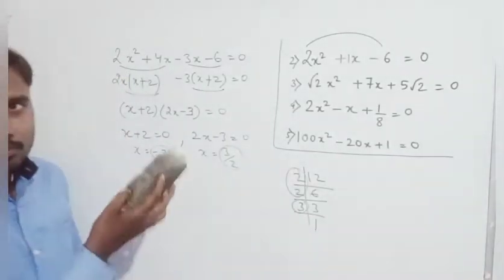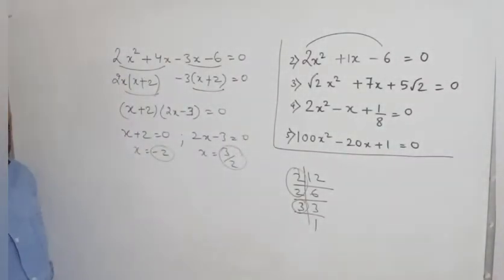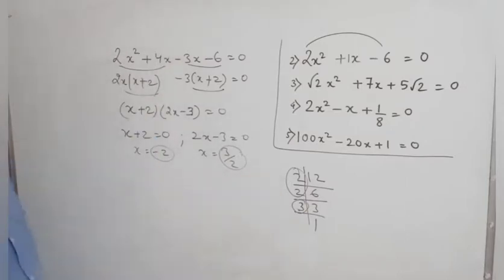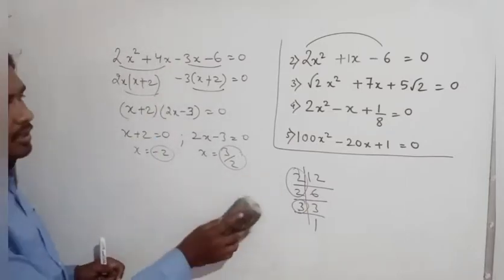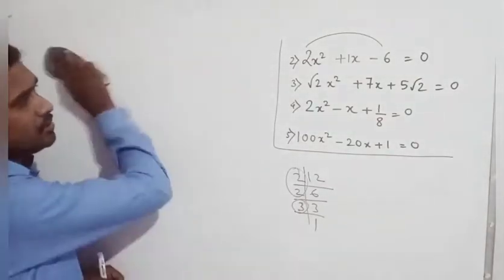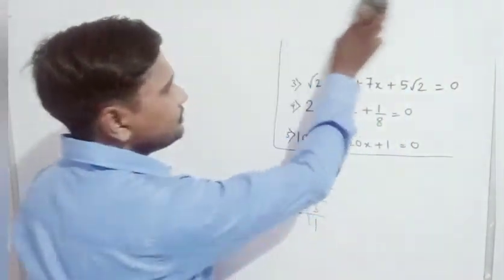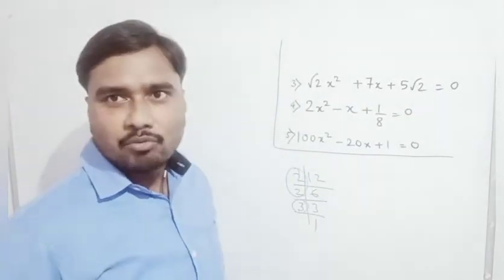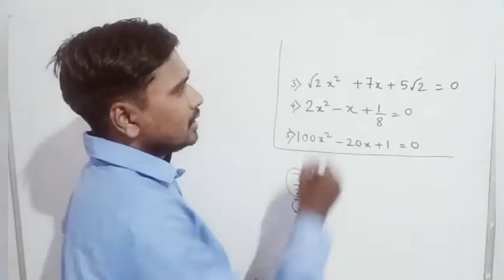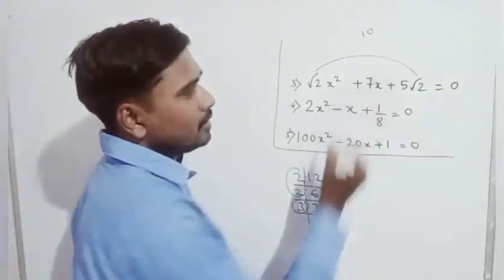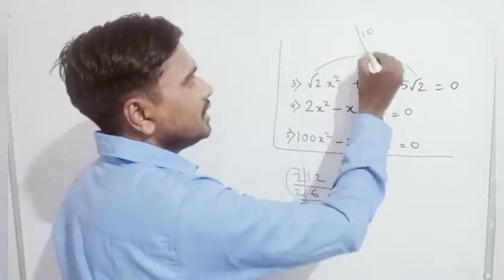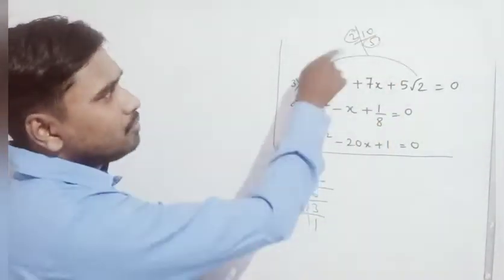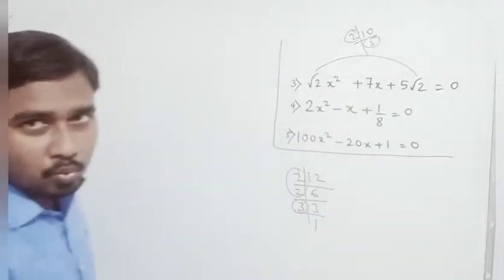Here, see, we have done the middle term factorization. The factor was 12, so 4 and 3, so 4x minus 3x. So this is the second question, and this is the method of factorization. Now the third question, that is root 2x square plus 7x plus 5 root 2. So multiply these two parts, you get 10. When you factorize 10, you get 2 and 5. So 2 and 5 are the factors. With the help of 2 and 5, you can write 7x. So how will you solve?